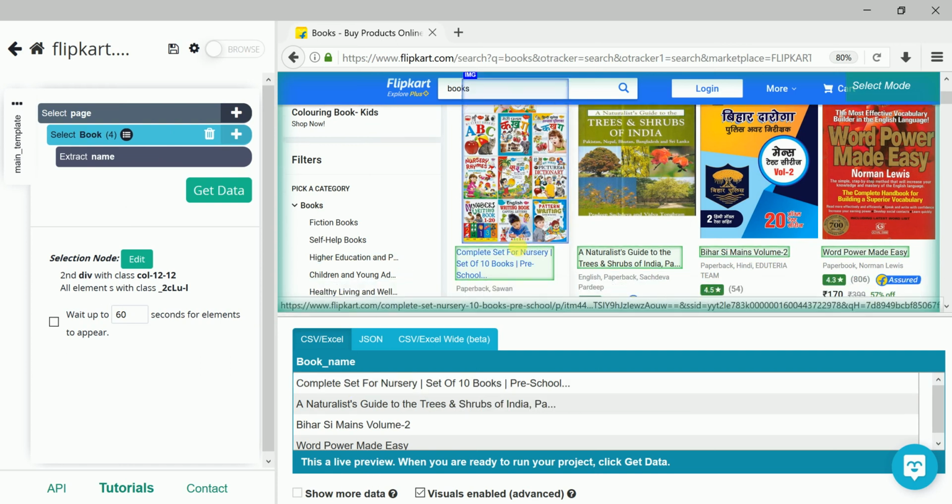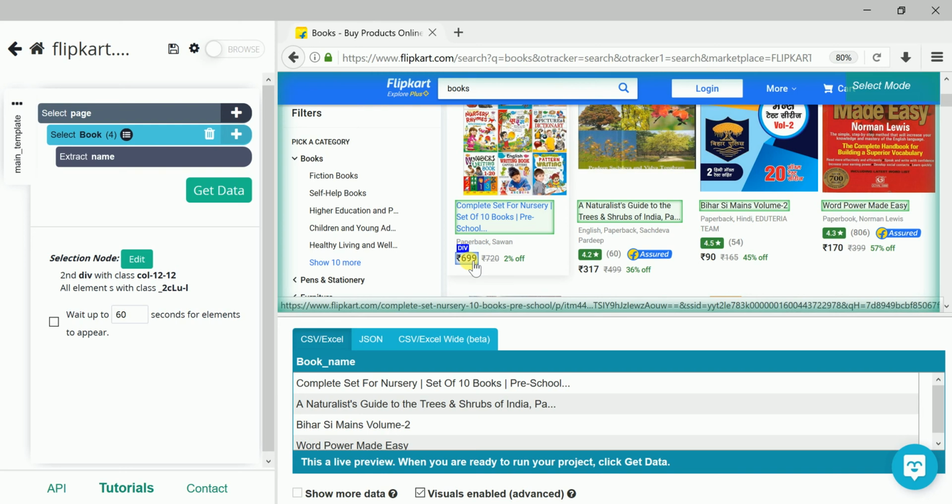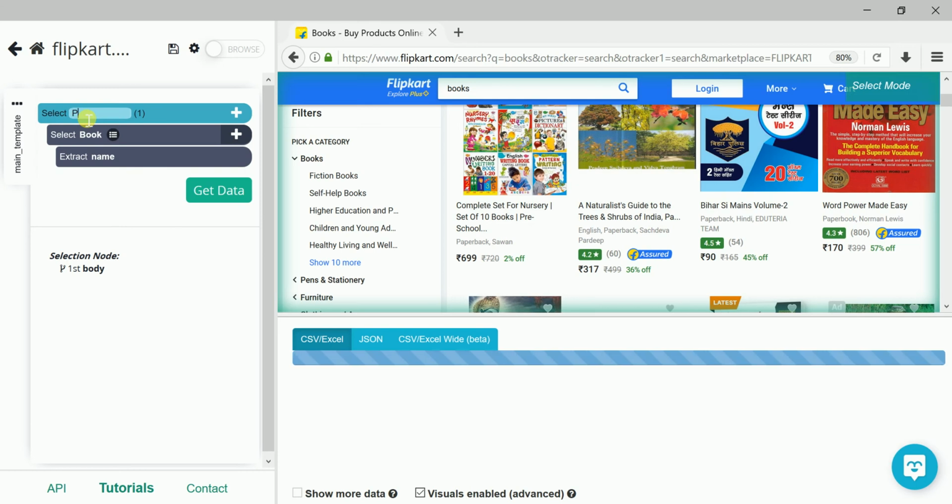Next, I record the price also. Then I need to click again on select page. I can rewrite this as product if you want.